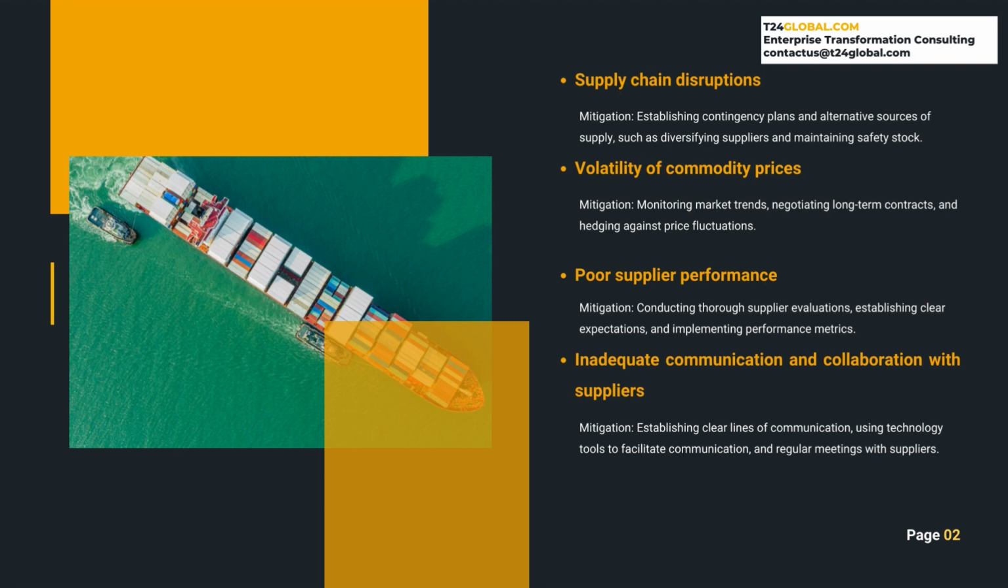Effective communication and collaboration with suppliers is critical to ensuring a smooth procurement process. To mitigate communication risks, organizations need to establish clear lines of communication, use technology tools to facilitate communication, and hold regular meetings with suppliers. This can involve using collaboration tools such as Slack or Microsoft Teams to communicate with suppliers